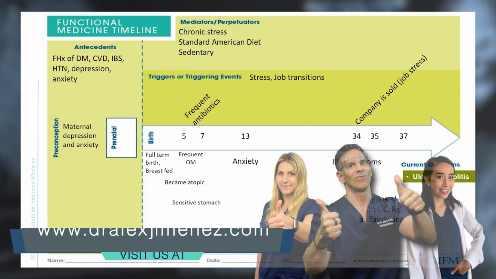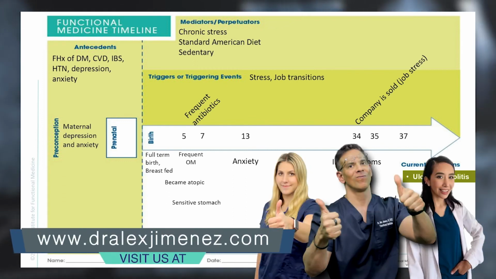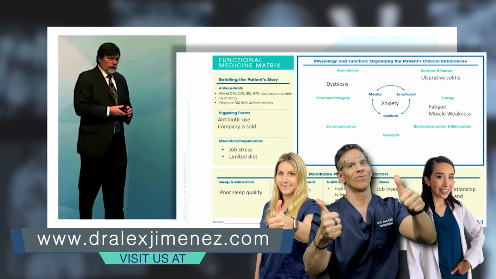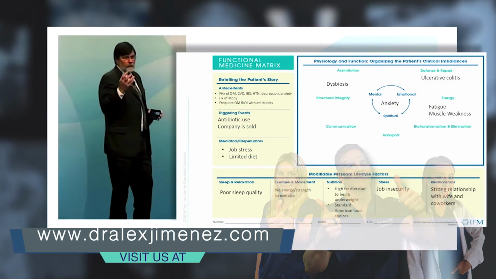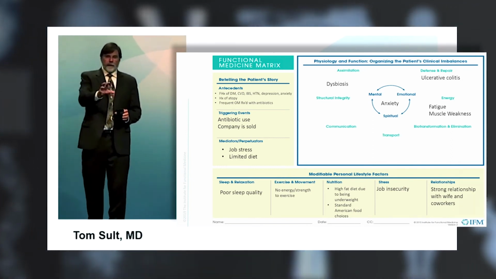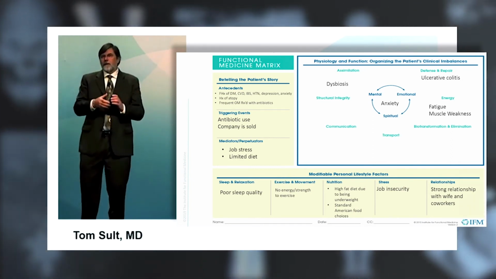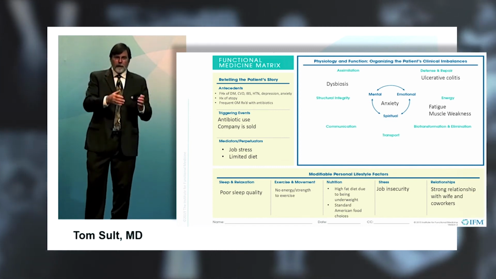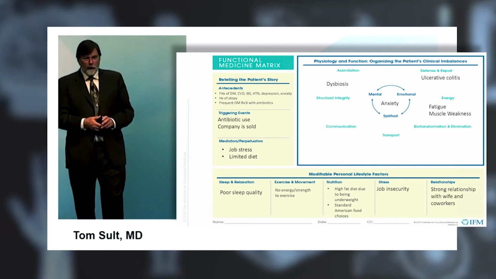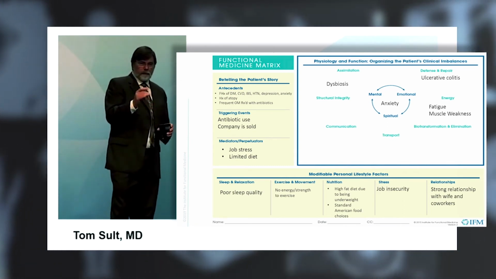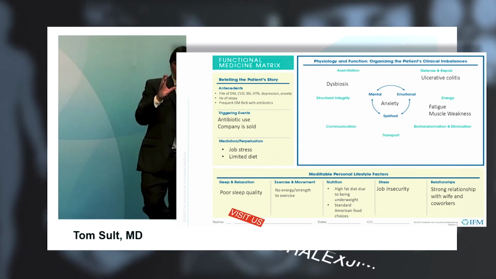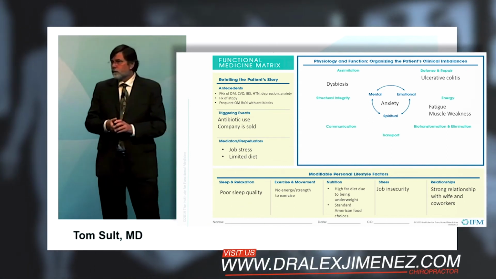Company sold is probably another big trigger. And then here is the matrix. So we've got the antecedents, triggers, and mediators along the left. We've got this matrix where we look at these sort of metaphysiological nodes of assimilation, which is digestion, absorption, breathing, things like that, defense and repair, energy, biotransformation, transport, communication, and then in the center, this mental, emotional, spiritual realm,